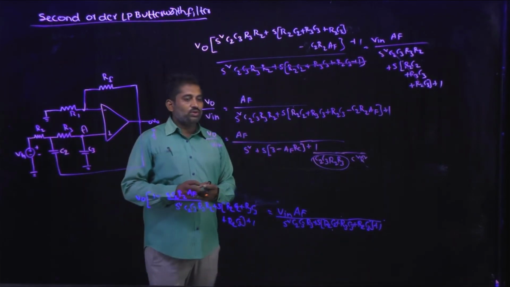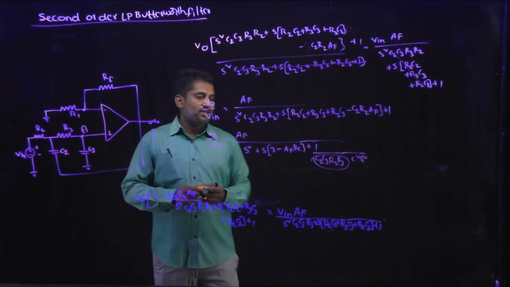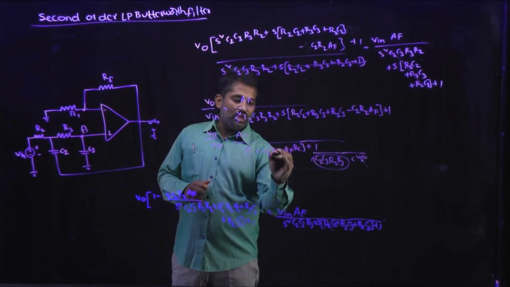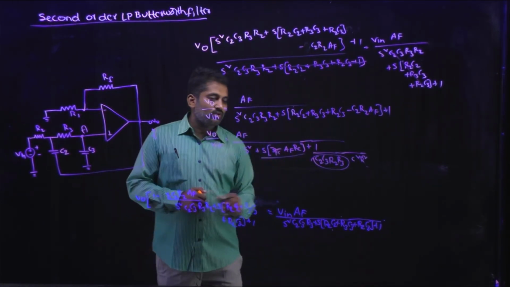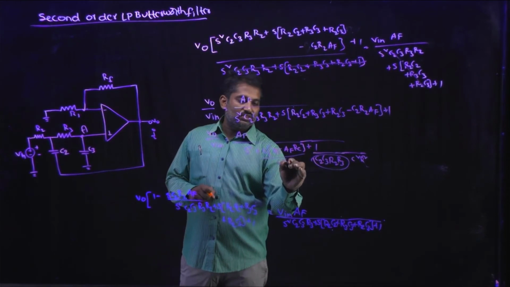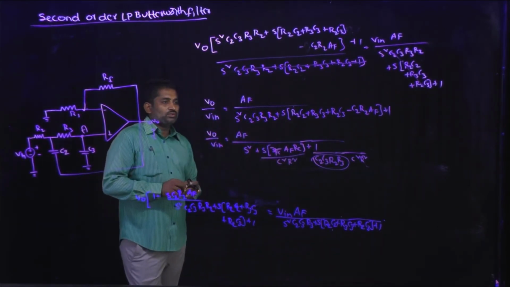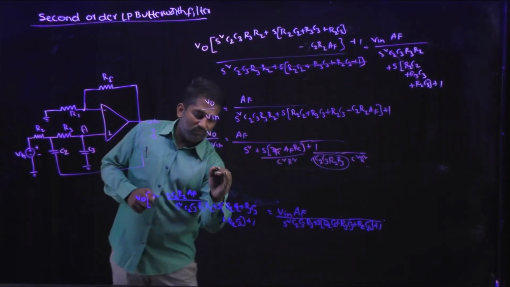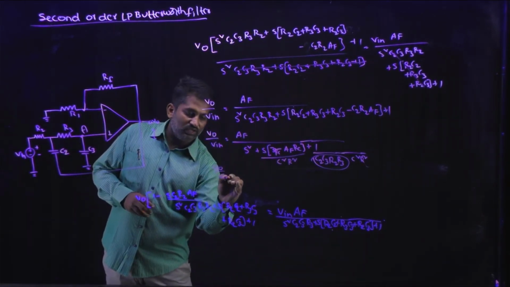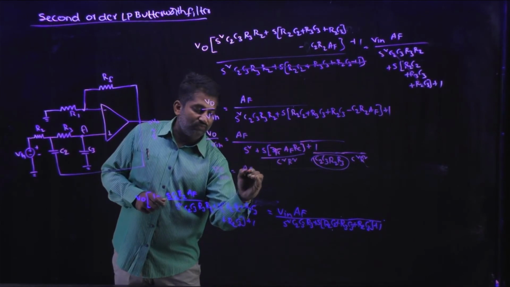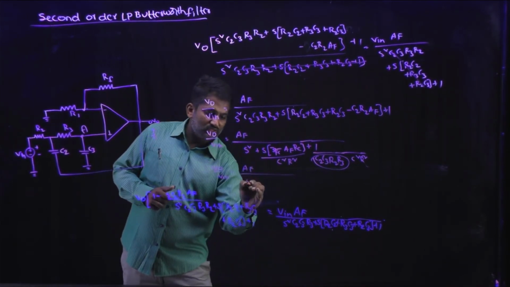So S square plus S into 3RC divided by C square into R square. Yes or no? So finally V0 divided by Vin will be equal to AF divided by S square plus,